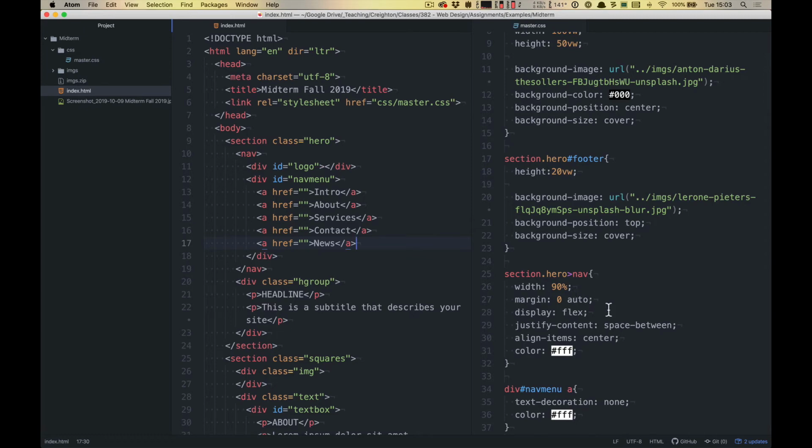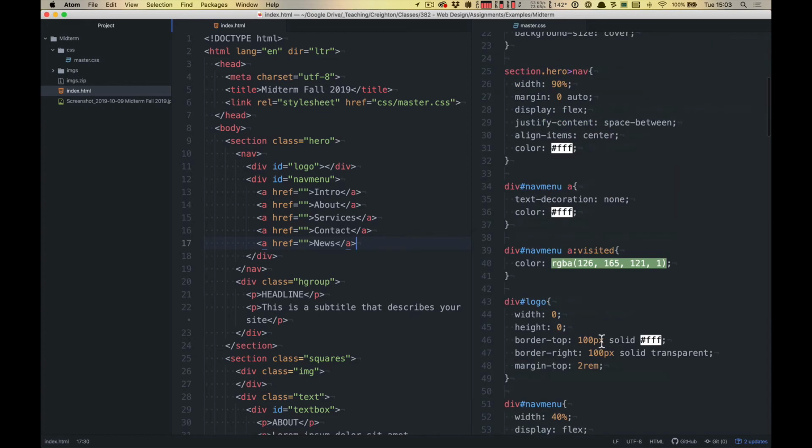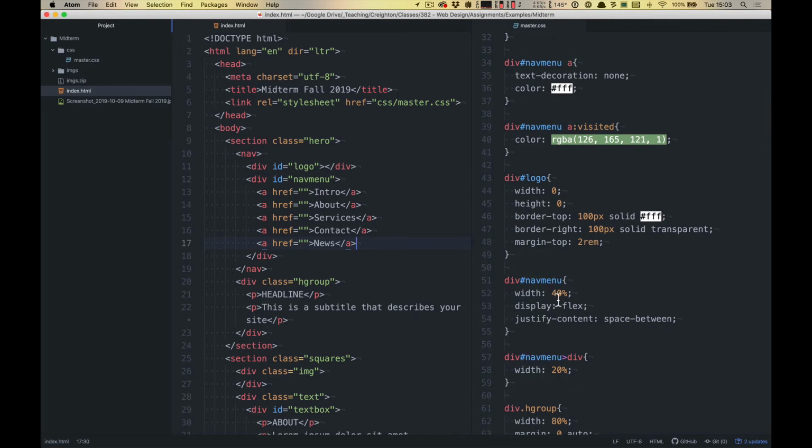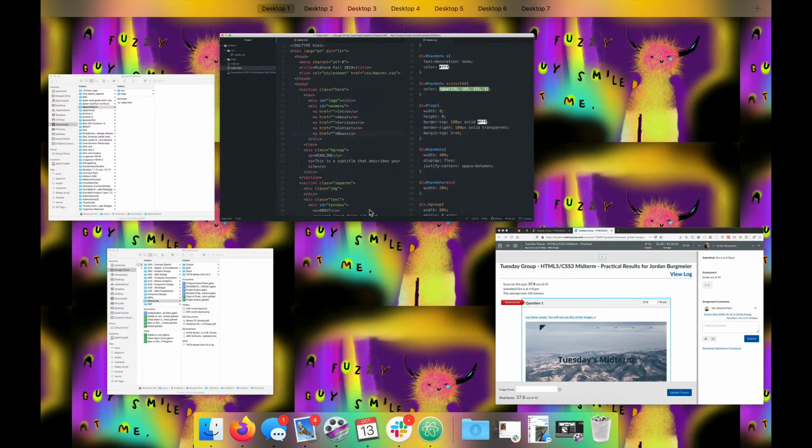All right, I made the nav 90%. Right, because I brought it in from the middle. I made the logo. Yep, that's what I do for that. The menu is 40%. Oh, I think because there's two things in mine, I did space between. Okay. And that puts one on the left side and one on the right side. So for yours,